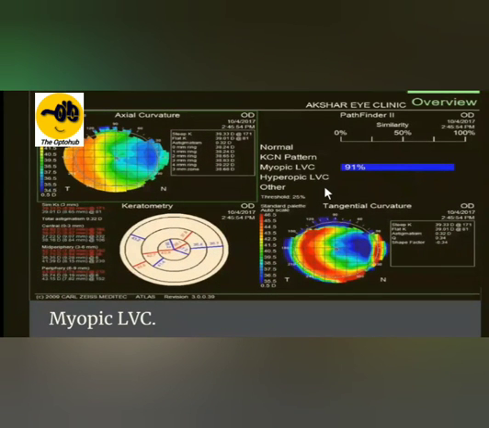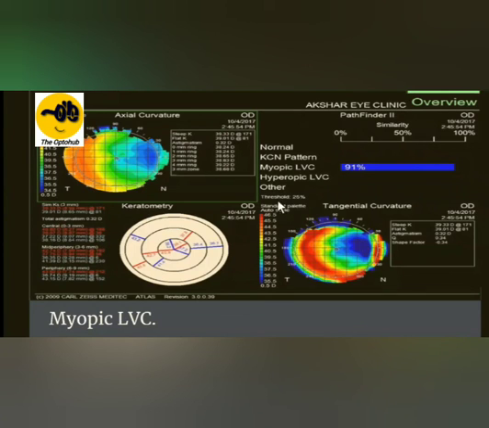Again, another case of myopic LVC, myopic laser vision correction. In this case, as you can see, this blue region is not in the center and is displaced elsewhere. This means that either the surgeon could not take the flap properly, or maybe the patient moved the eye during the ablation of the tissue and so on. So this is a displaced flap,